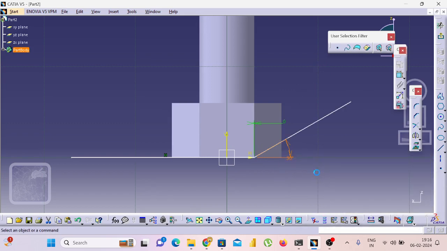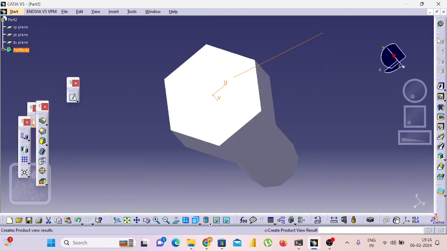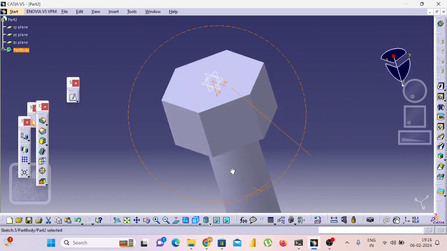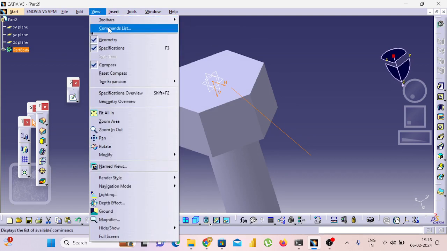Degrees, enter. Next, remove this line. Right, go to exit workbench. Now also it has been taken from center. Okay, no problem. Insert, view, command list,